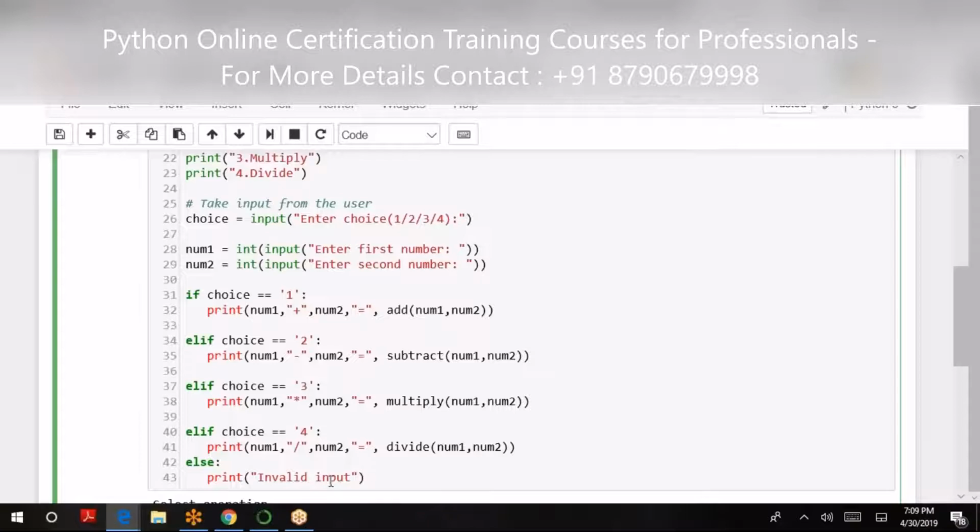Or else I can put the condition else print whatever the value given. I can say invalid input, or I can even display the input value. You can do a colon and do the value.